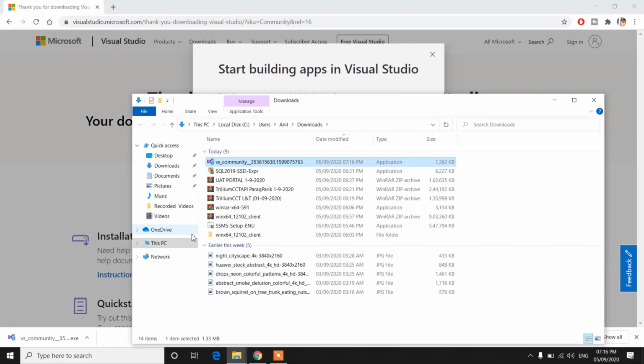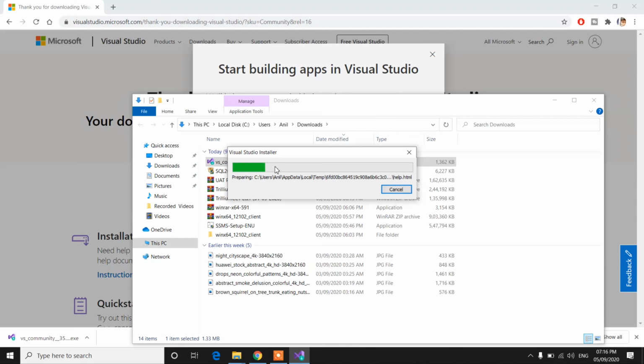Open the folder of it. Now double click on the file. Click on yes.